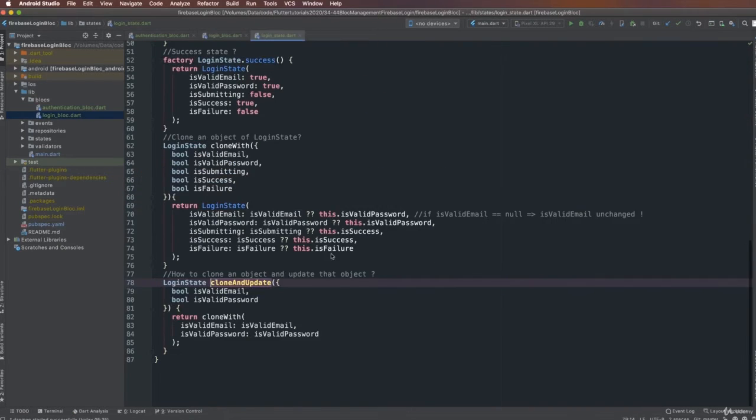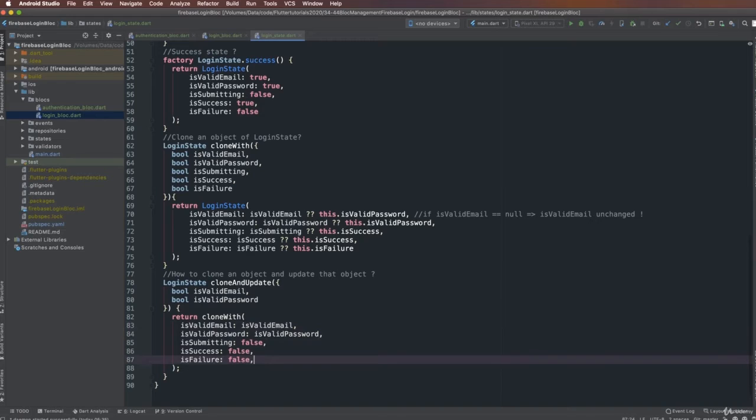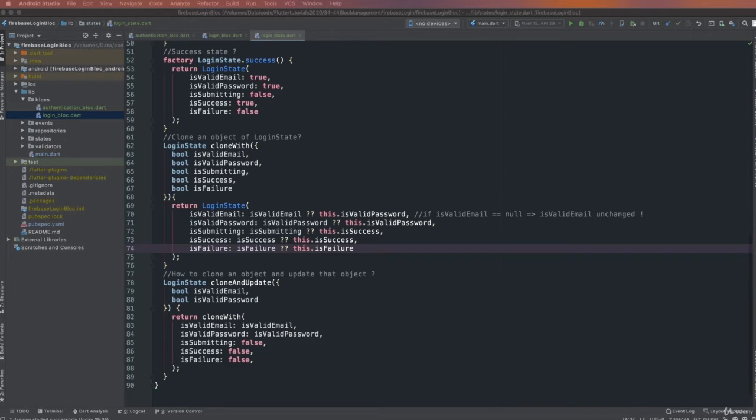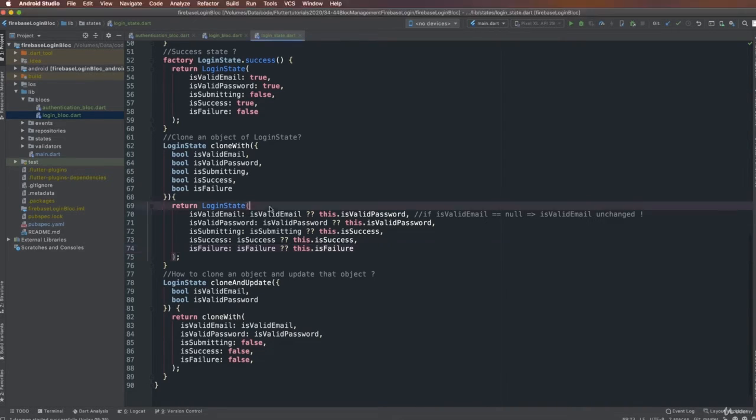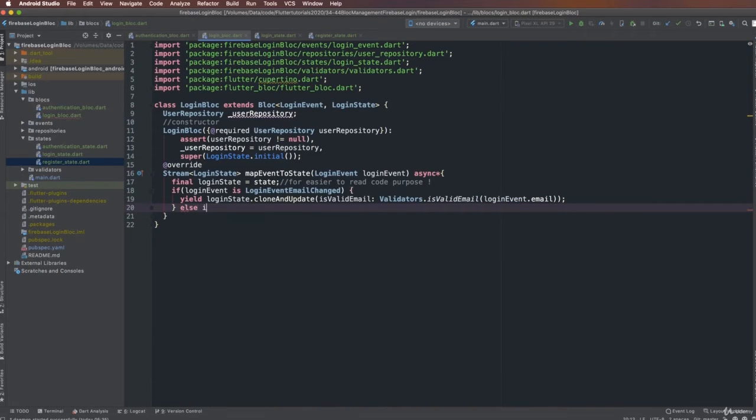Okay, I validate and I yield, I change the current state. So the current state does not change, but the value of the property inside the current state is changed. Okay, else